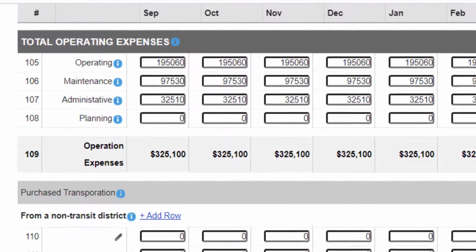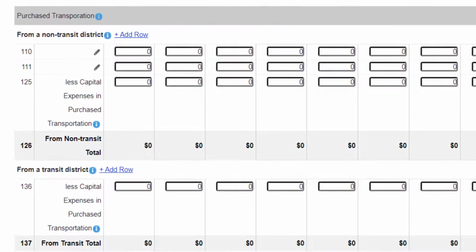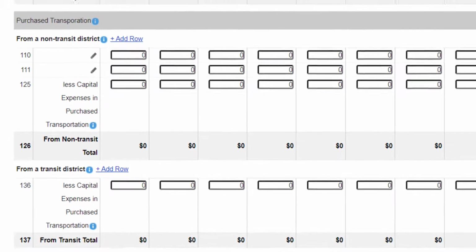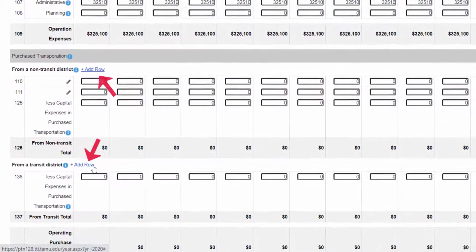Any purchase transportation contracts are entered as separate rows in the purchase transportation section, organized by contracts with non-transit districts and contracts with transit districts. Keep in mind that service purchased from another transit district should not have hours, miles, and trips data reported earlier in the worksheet. Enter the contract row in the section that is appropriate, clicking on the Add Row link to